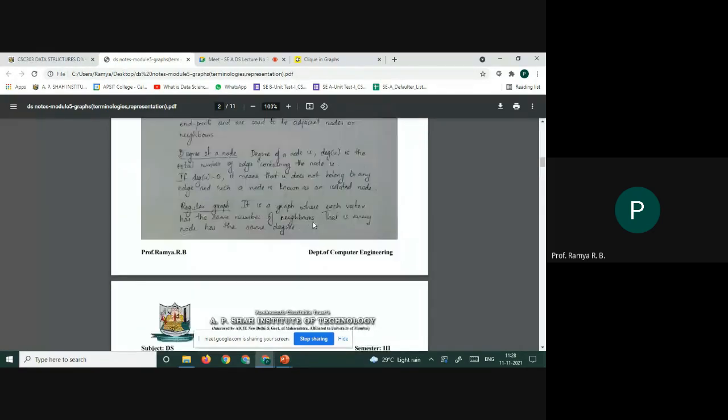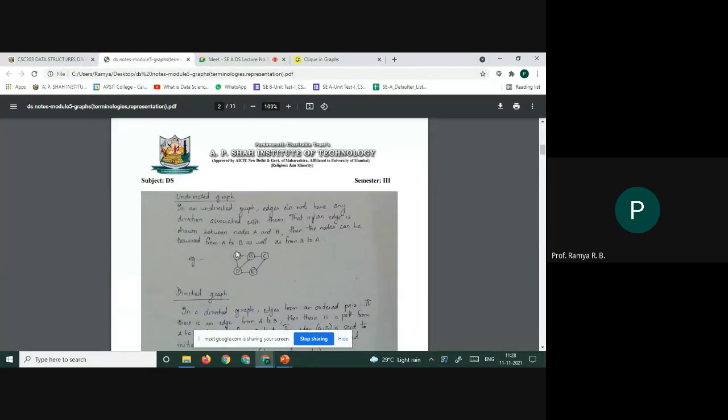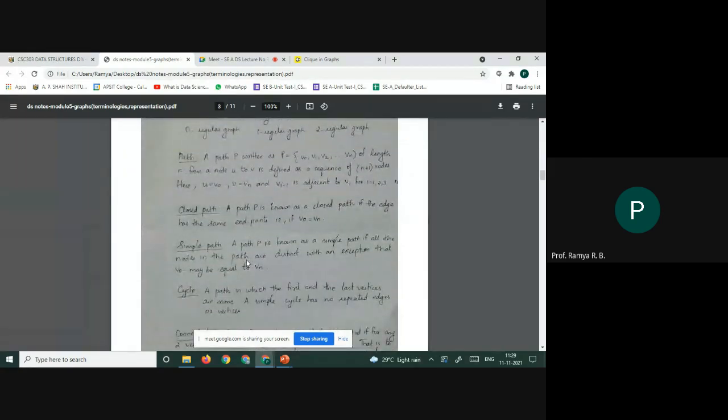Suppose in this graph you want to go from A to E and you are taking the path A, B, C, E. Then you will write the path as P equal to A, comma, B, comma, C, comma, E. That means A is your origin or source vertex, and the last vertex, E, is your destination vertex. So a path can be written as a sequence of vertices where the first vertex is your source vertex and the last vertex is your destination vertex. Okay, that's a path. Now a path can be of two types.